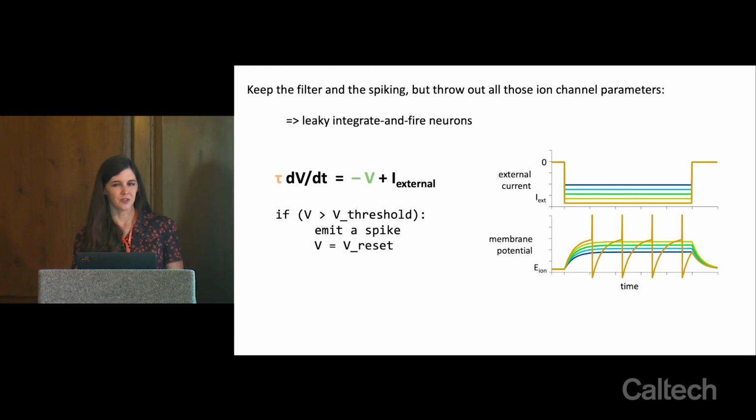Integrate and fire neurons are pretty useful for very simple simulations. They capture a lot of the properties of neurons. They effectively give you a refractory period of cells because you reset your membrane potential to a very small value. You can do a lot of interesting simulations just with integrate and fire cells. And if you don't know much about the physiological properties of the neurons, then it's a pretty safe way to go.